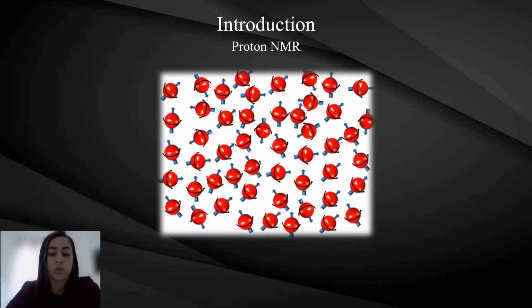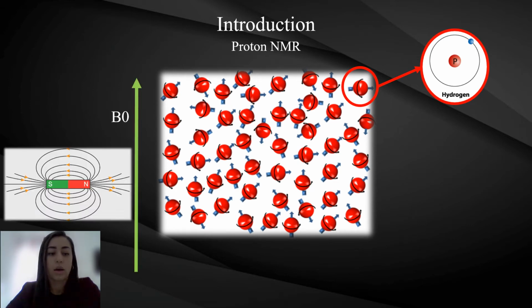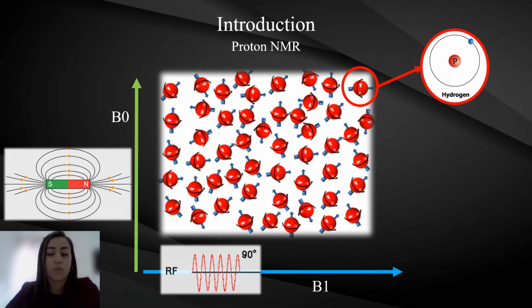We use the proton NMR. Proton NMR is based on the detection of hydrogen nuclei under specific conditions, so in the presence of a static magnetic field B0 and the presence of an oscillating magnetic field B1, which is induced by radio frequencies. In this condition, it is possible to register a signal, which is the response coming from the hydrogen nuclei,